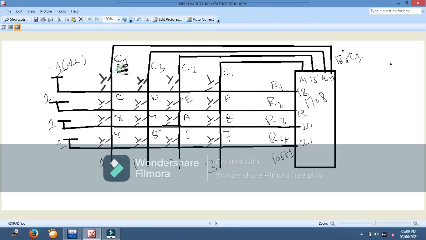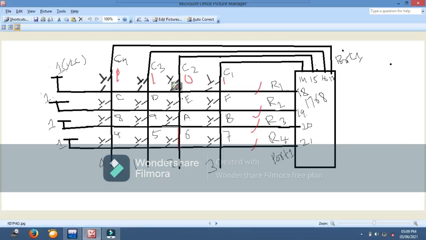If no key is pressed in this column also, then what do you have to do? You have to scan the next column. You have to make C4 and C3 1, make C2 0 and C1 also 1. Then you have to see which row is 0. Like that you can find which key is pressed in this column.